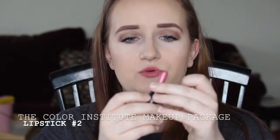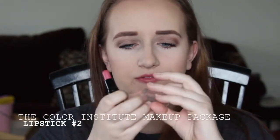The next shade is actually similar. It's another Color Institute one, a pinky shade. I don't know what the shade is. This shade has no name. Literally, this cap has a crack in it. That's how cheaply made the packaging is, but...